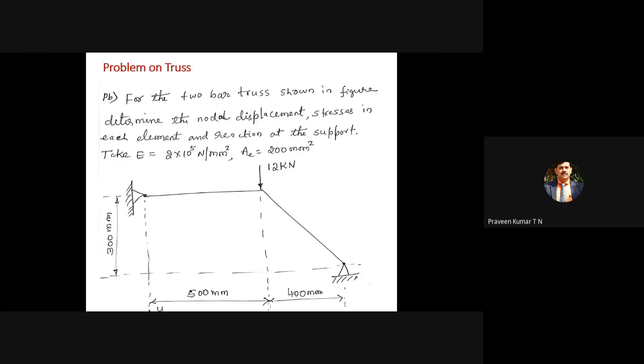And you have to determine the displacements. This is nothing but Q1, Q2, Q3, Q4, etc. Stresses: already you have discussed the formula for the strain. From the formula for the strain, you can get the value of stress by just multiplying with Young's modulus. Then you have to find out the reaction forces. E is given and AE is also given. But in this chapter, we can express all units in terms of millimeter or meter, but you have to use consistency. You have to use only one unit.